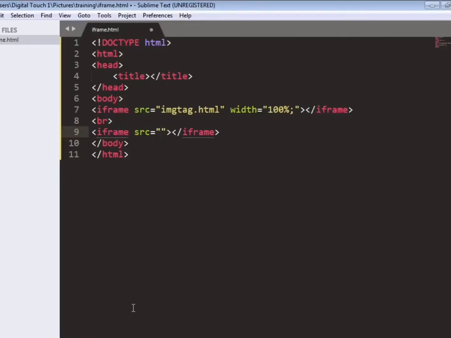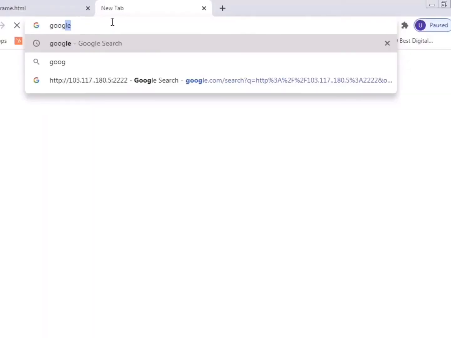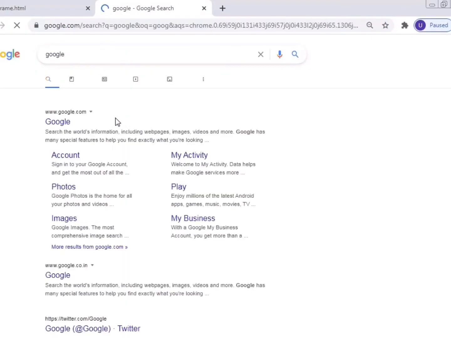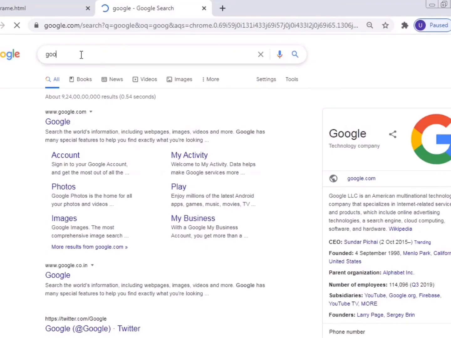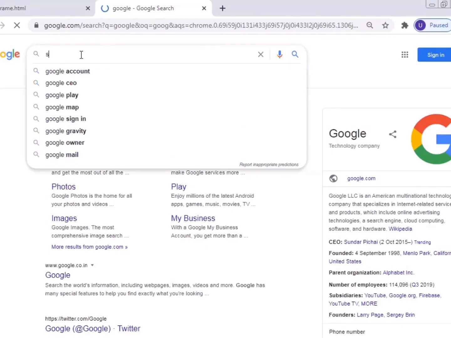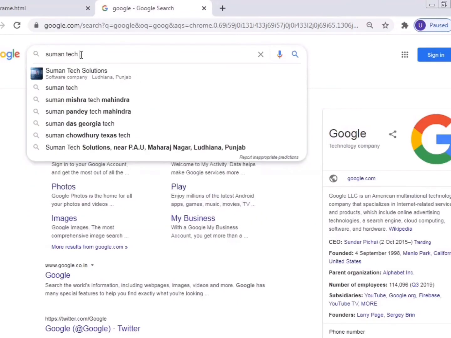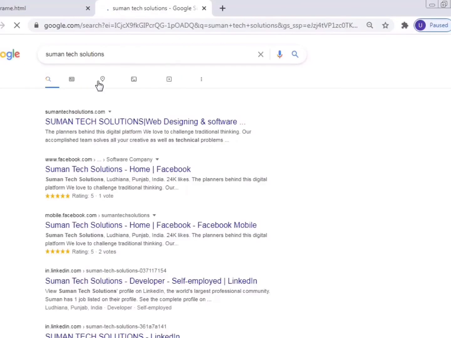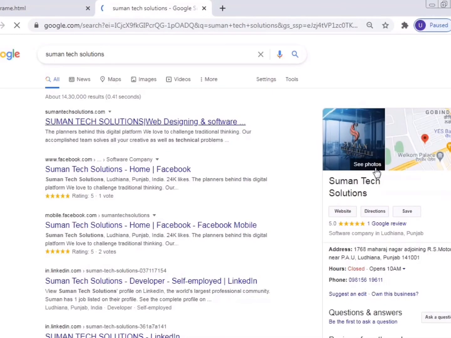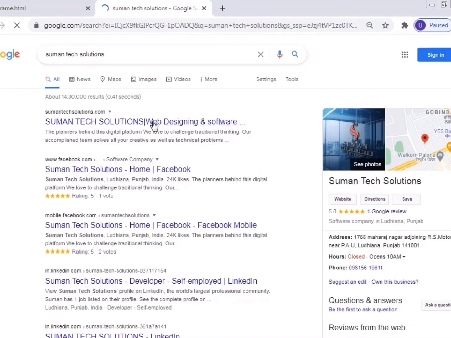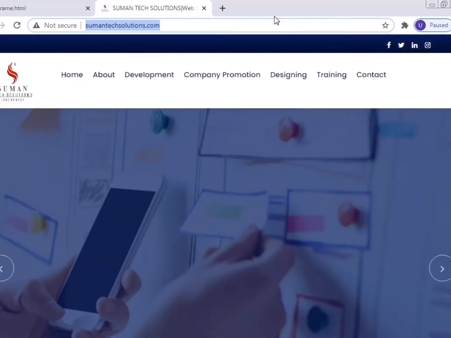Now a break tag to give some space, and again an iframe tag. We will go to Google and copy the URL.